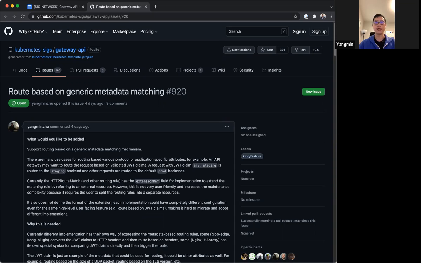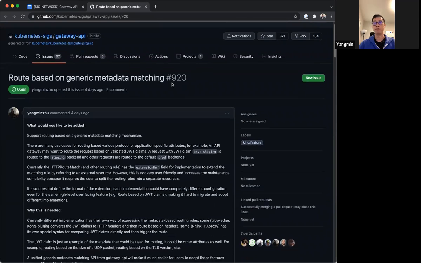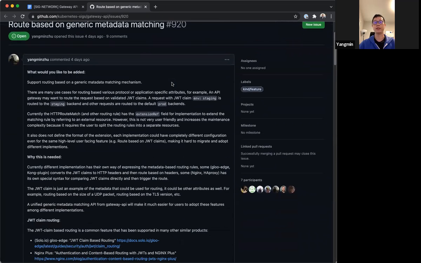One very common use case that I have seen many Istio customers asking for, and which is also supported in many other products like Nginx, Kong, HAProxy, Envoy, and Gloo Edge, is routing based on JWT claims. The JWT is a very common way for end user validation.